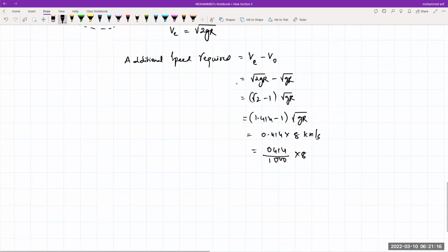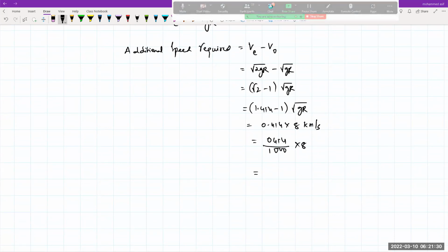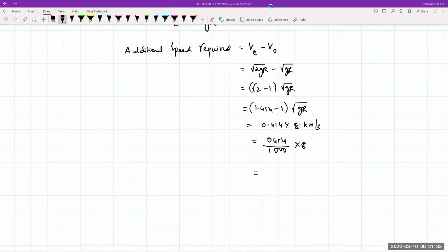So ये बन जाएगा मेरे पास अप्रोक्सीमेटली, देख लीजिए 0.144 into 8, देखिए कितना आ रहा है। 0.144 into 8 is 3312 beta divided by your 1000, isn't it? So अगर मैं इसको पॉइंट्स में लिखूं तो this will be 3.312 किलोमीटर पर सेकंड, ये हो गया इसका आंसर। ठीक है,